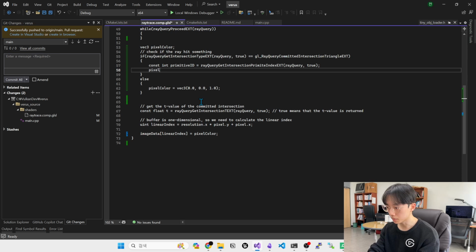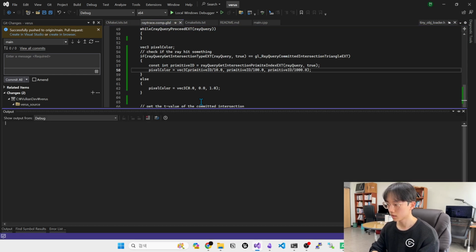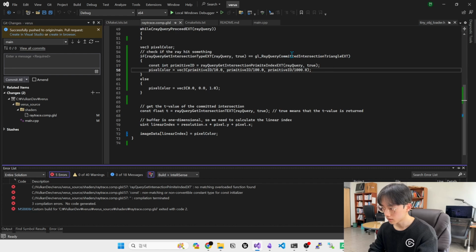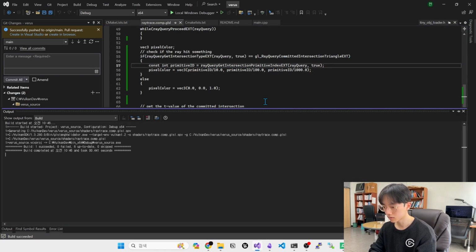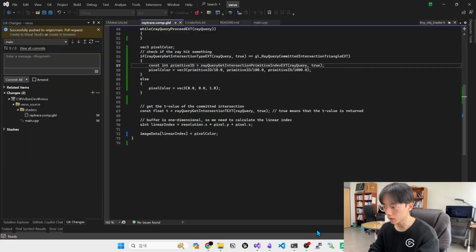And the pixel color will be the primitive ID. So there is some error. There was a typo. So if we run it,